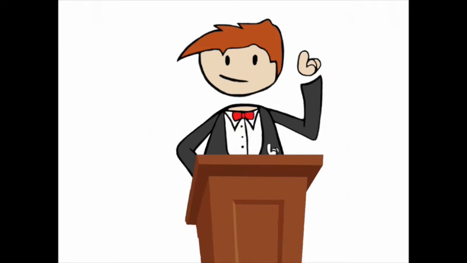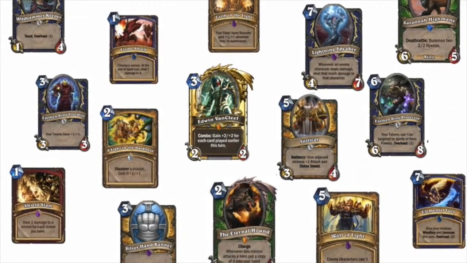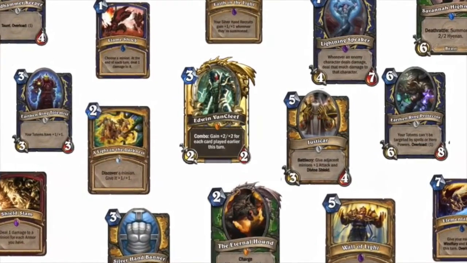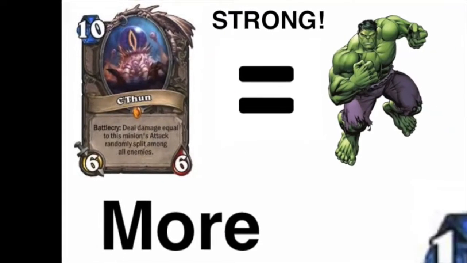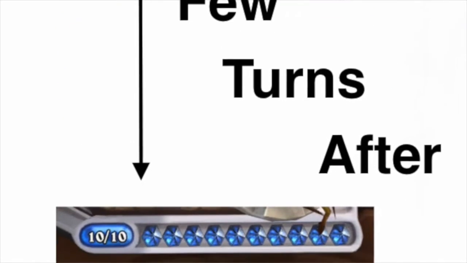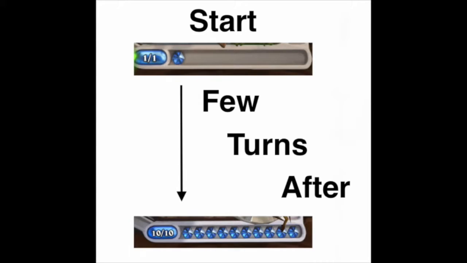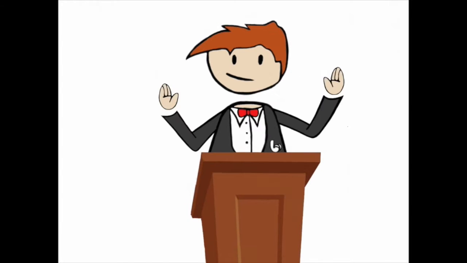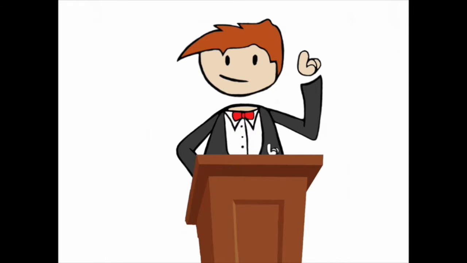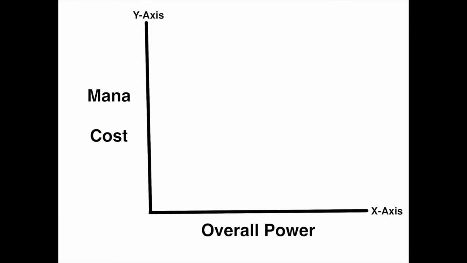In the world of the computer card game Hearthstone, many of the cards used have a general formula for how they are constructed. The stronger a card is, the more mana a player will need to spend in order to play it. As the game continues, a player gains 1 more mana each turn from 1 onto a maximum of 10. This establishes a power curve, or line along which these cards are based. Much like a line graph, with the mana cost being the value on the x-axis, and the overall power of a card being evaluated by the y-axis.